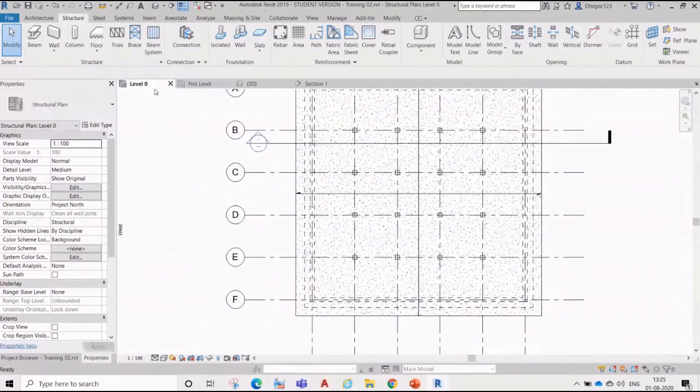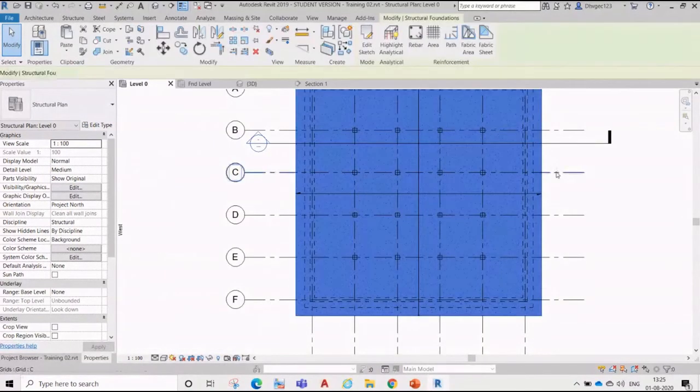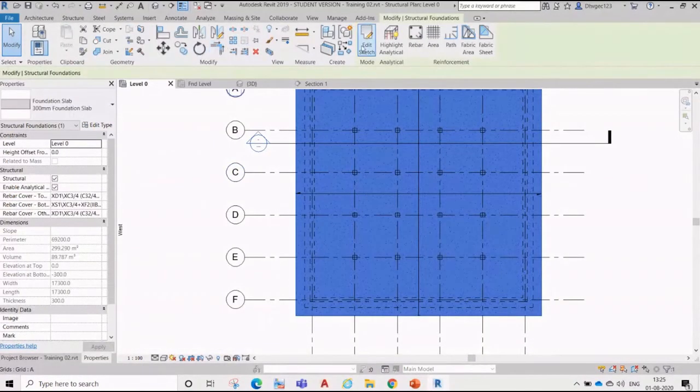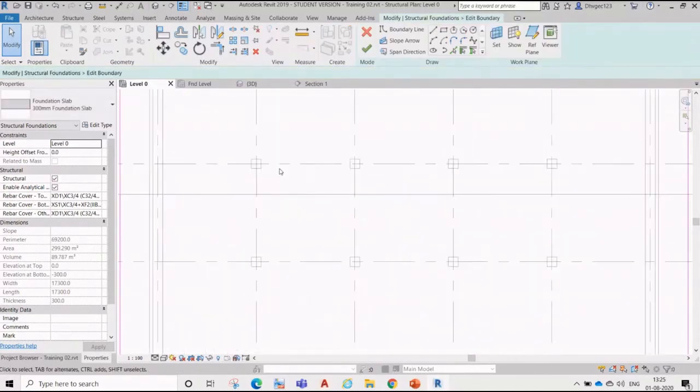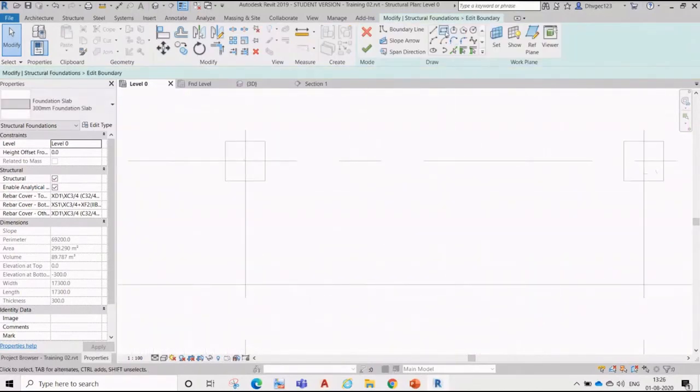Here we add this slab and put an opening over here. You can pick the line, either draw it or pick the line, and you can offset that line by 20 mm.